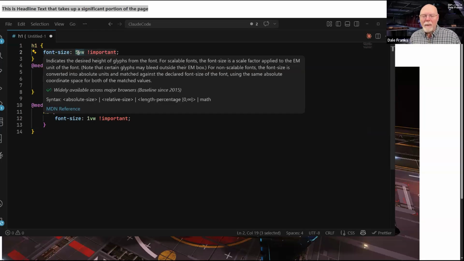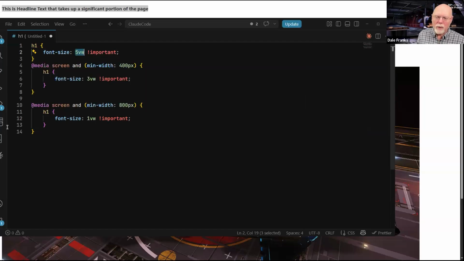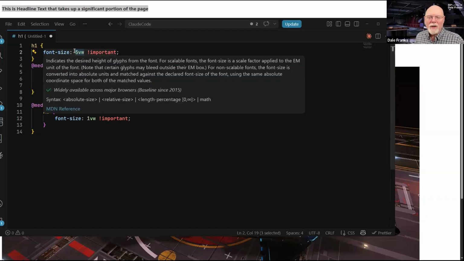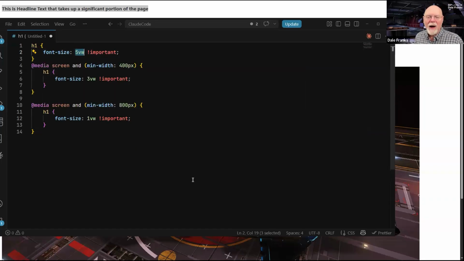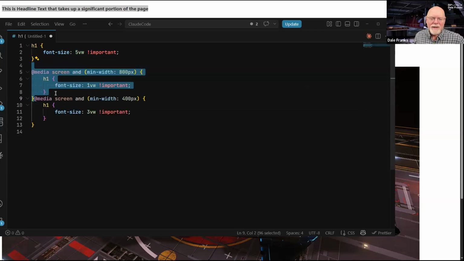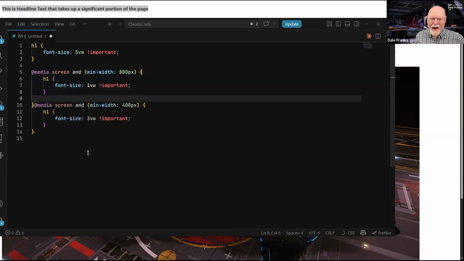And so applying viewport width to the font size enables you to assign basically a percentage of how wide the text should be compared to the size of the viewport. You can play around with this and change it. So what I've done is for an H1, I've just said, okay, the font size will be 5 VW. But when my screen hits 800 pixels, I don't know why I put this out of order, but I did. It should, for consistency's sake, look like that.